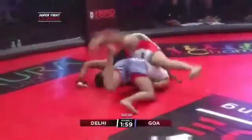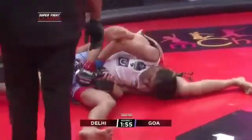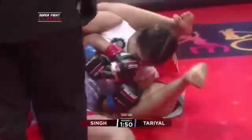Good inside leg kick. Looking for that trip again. And there you're seeing that judo background. She did a great job of catching the arm with that arm drag, getting the hips through. We're in kind of a precarious position right now where she doesn't necessarily have the advantage. But if she can turn into Daisy, establish side control,